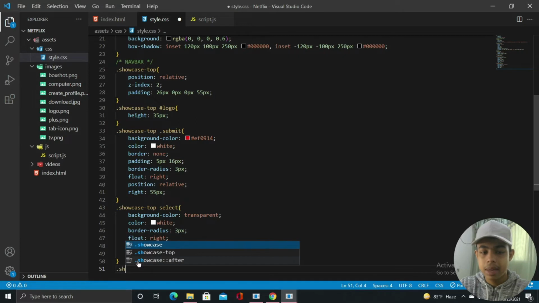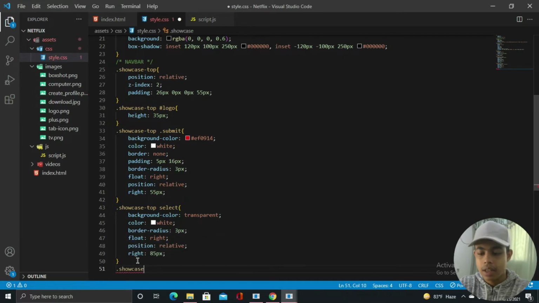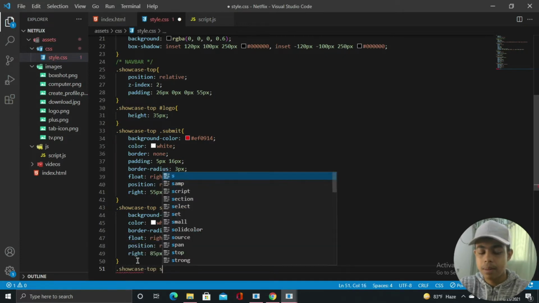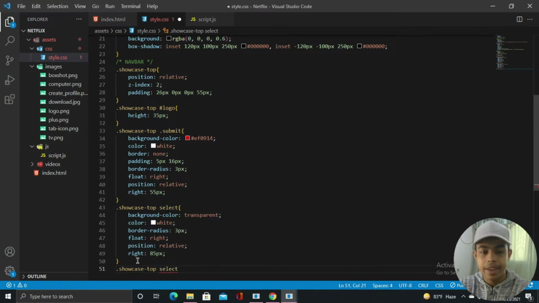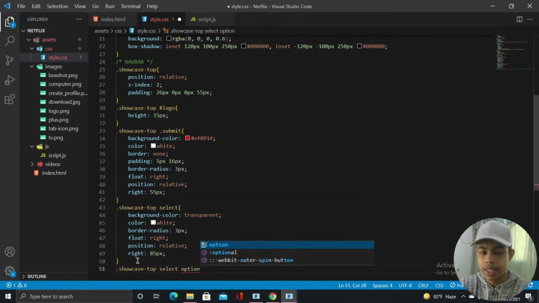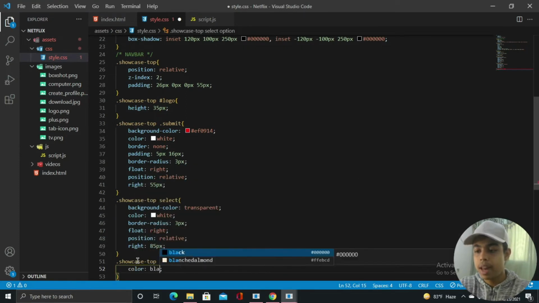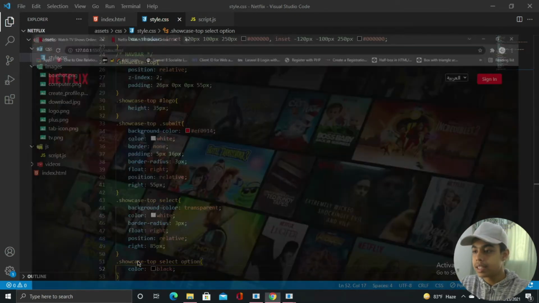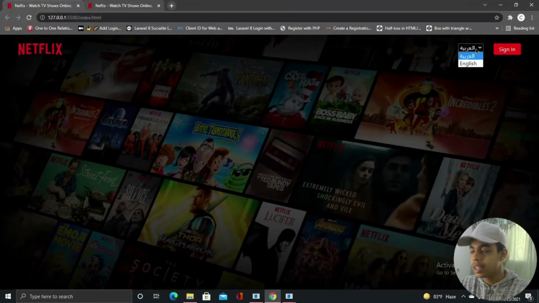So let me come inside my showcase-top. I will come inside my select tag. Inside this, I'll be selecting my option tag and I'm just going to change the color to black. Let's save that. Let's come to the browser. Let's select our select option. And now you can see up here, we are having our languages, Arabic and English, that you can select up